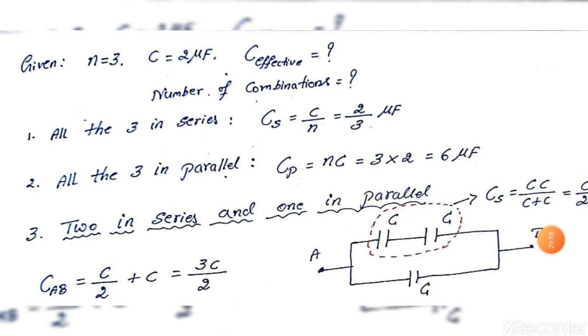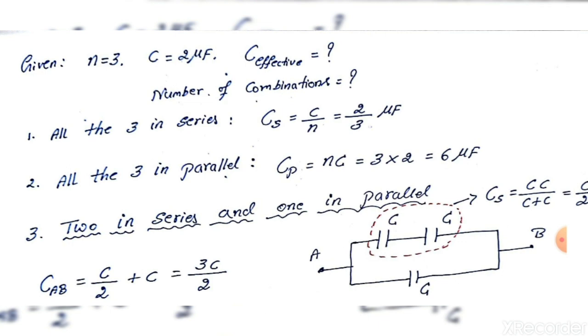Okay, so just let's check the different combinations in the solution. This is the number of capacitors given, 3, and all are having identical value, right? So we can use the identical formula. C is equal to 2 microfarad is given, effective we have to find. Look at the first one, all the 3 in series. If all 3 come in series, all the 3 identical, hence we have a shortcut formula, it is C by N. Substitute the C as 2 and N value is 3, that is 2 by 3 microfarad. If all 3 come in parallel, that is NC, that is 3 into 2.